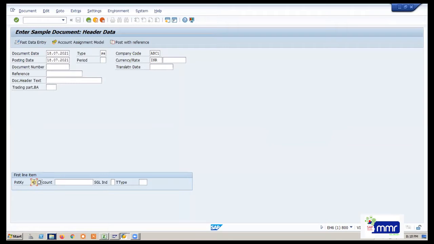So why I told you that you have to remember posting keys: because in this case the posting key does not come automatically. That's why you have to select it.